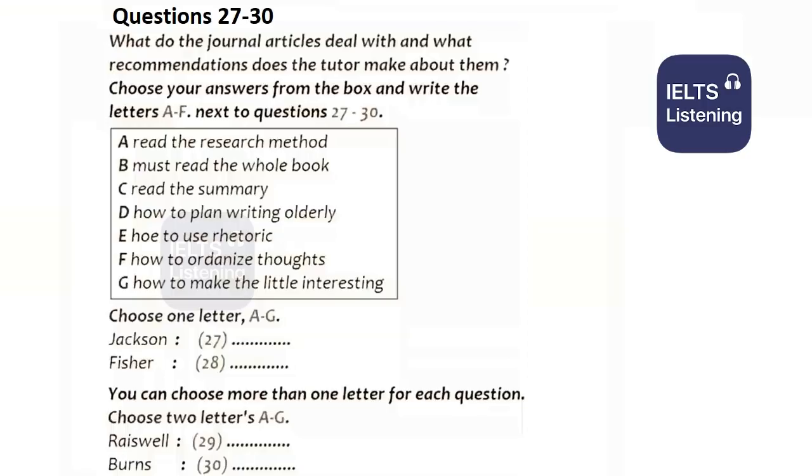Oh, Karen, how is your presentation? I am still in a panic. I want to find some more interesting topics about writing, but I wonder what articles I can refer to, because there are so many of them. Did you get the list of the reading materials handed out last class? Yes, but there are over 20 on it. I have only a week to prepare, so I wonder if...